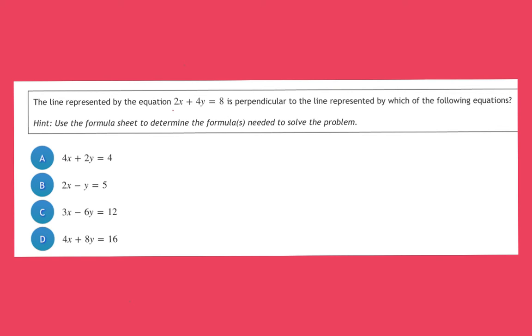In this video, we want to find out which of these, A, B, C, or D, would be perpendicular to 2x plus 4y equals 8. So, the first thing we want to do is get them all in the proper form, which is y equals mx plus b. It doesn't matter which ones you begin with, but we want all of them to be in